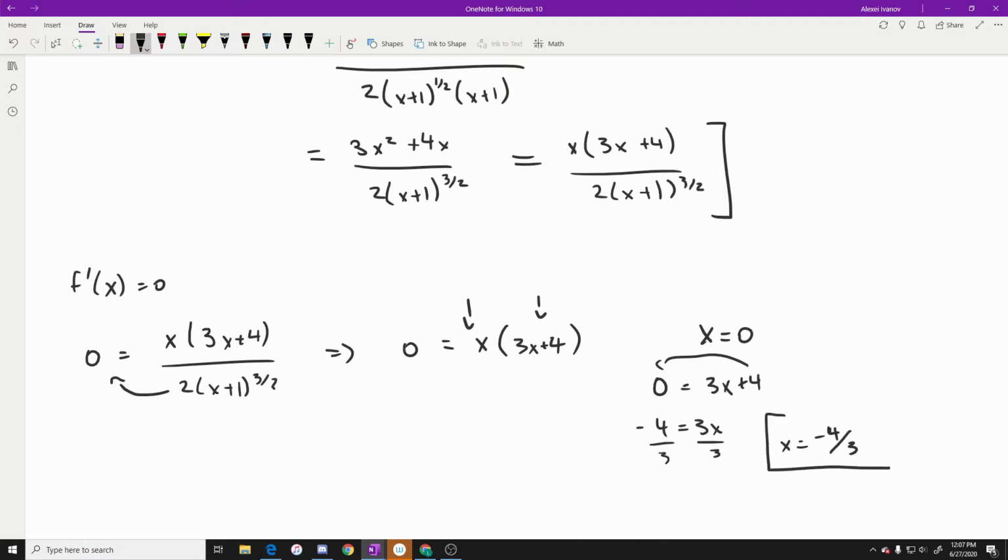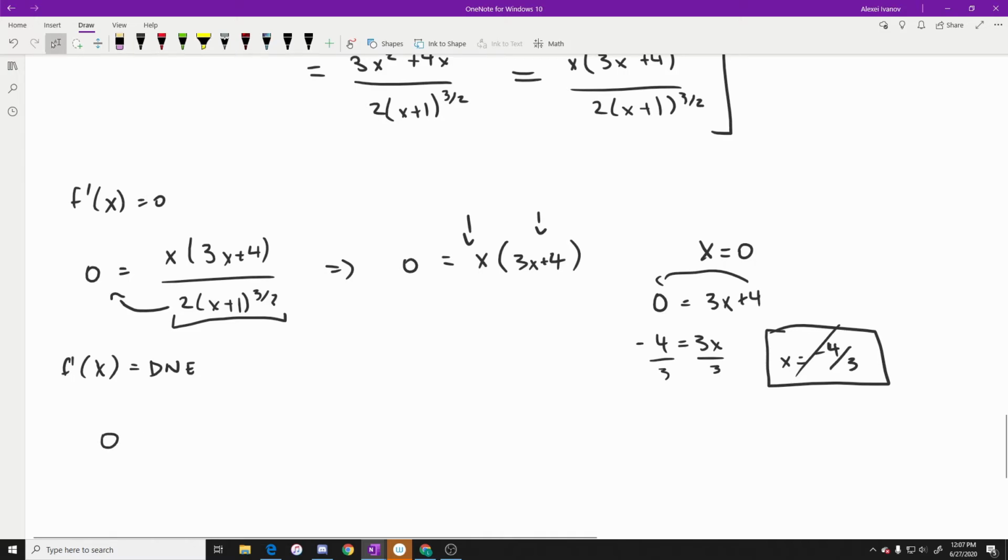However, this right here is not in the domain of the function, so we are not going to deal with this zero. Now that we've computed where x is equal to 0, f prime is equal to 0, we also need to compute where f prime of x doesn't exist. And the way a function can achieve this is by having a division by 0 error, meaning the denominator has to equal 0. So if we set this equal to 0, and then we divide this by 2, divide this by 2, we're going to get that 0 equals (x + 1)